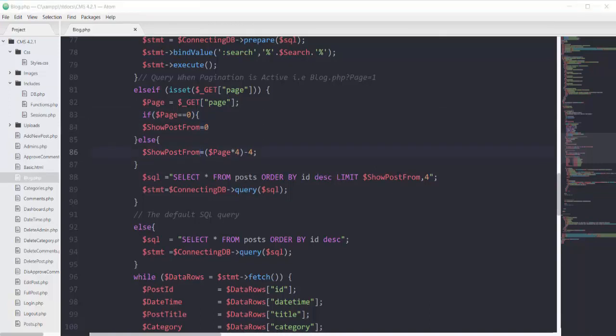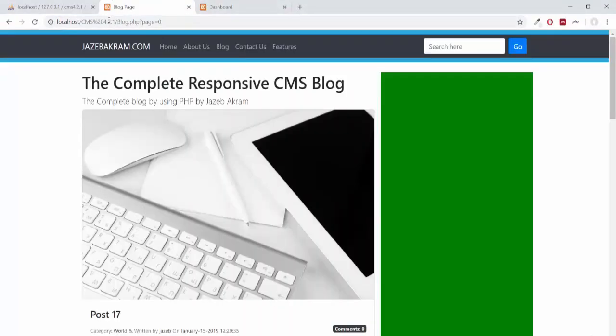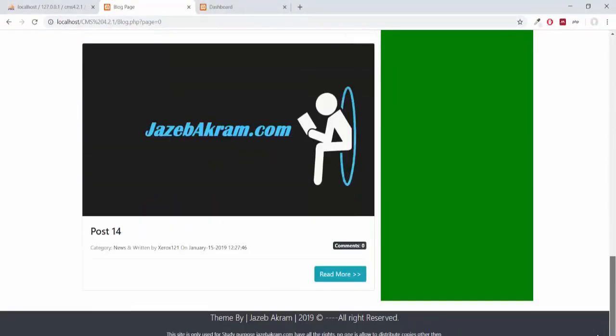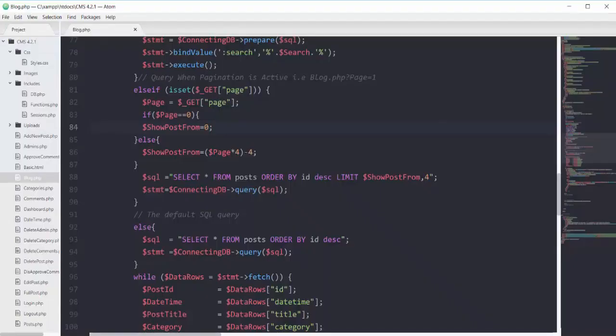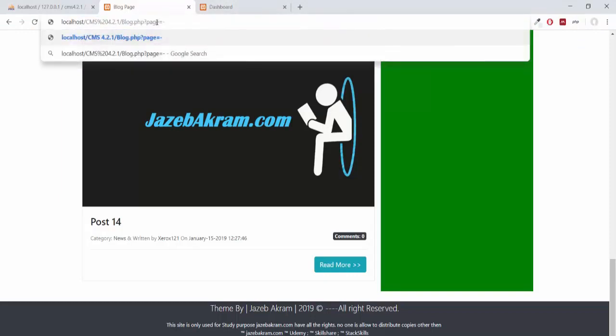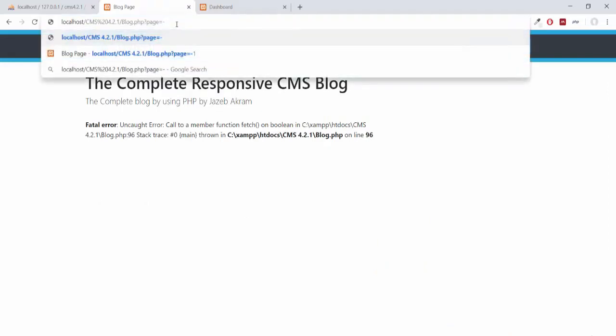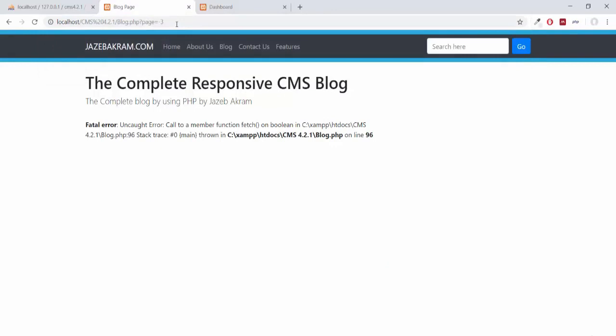So if I save this one and refresh my page, I got an error on line 85. I have to add the semicolon here. So refreshing my page, you can see post 17, 16, 15 and 14. If I give it something like page is equal to -1, getting the error. If I give it -3, still getting the error.